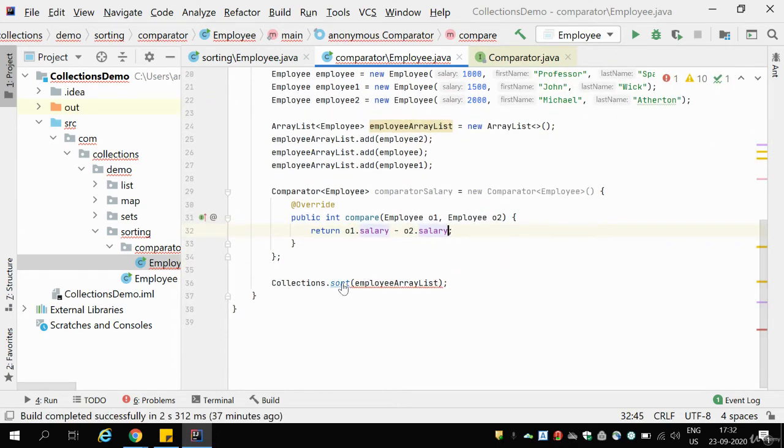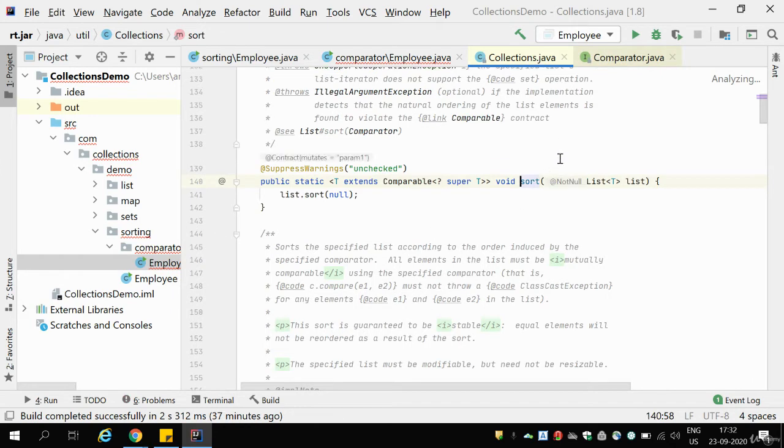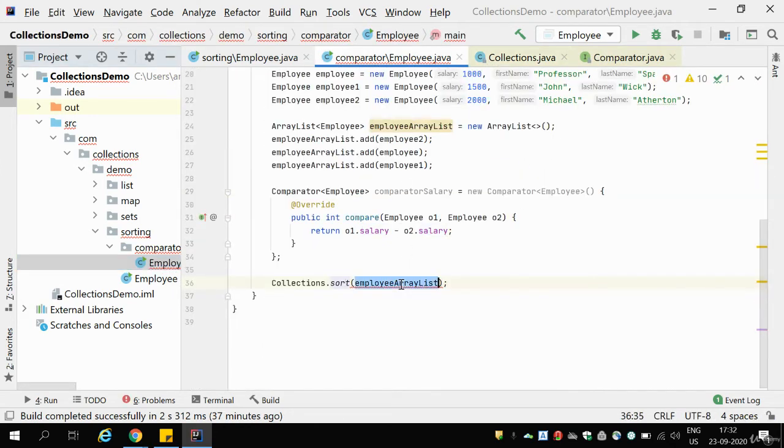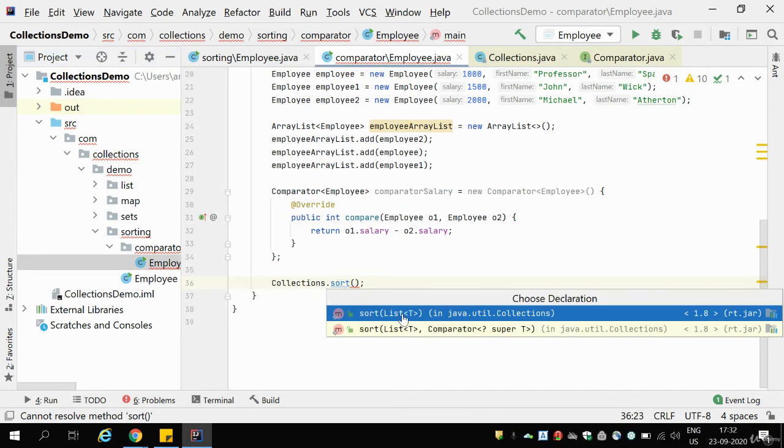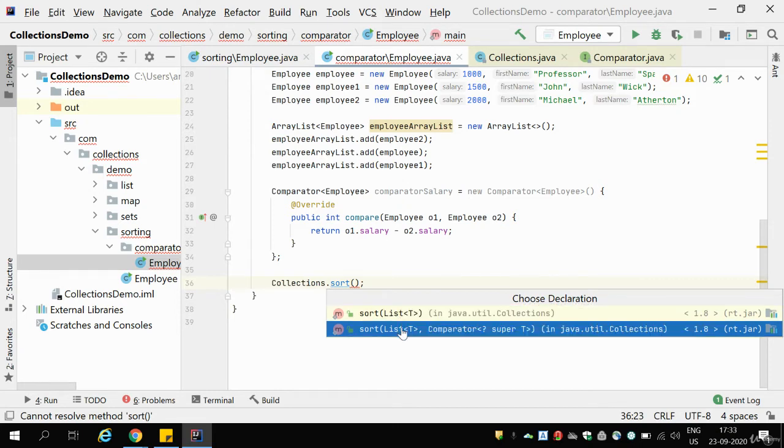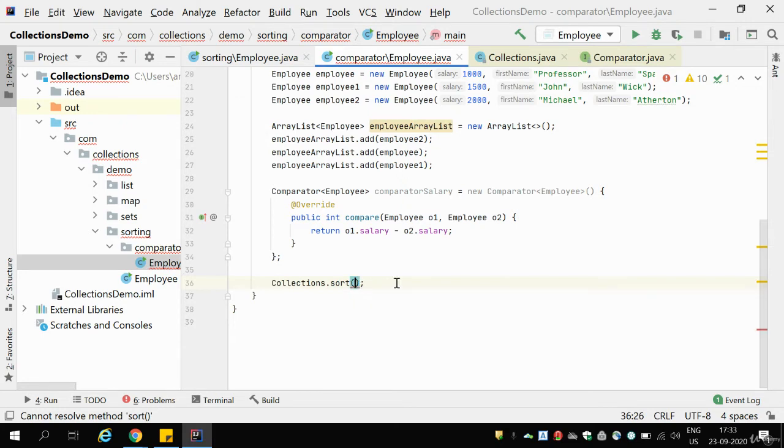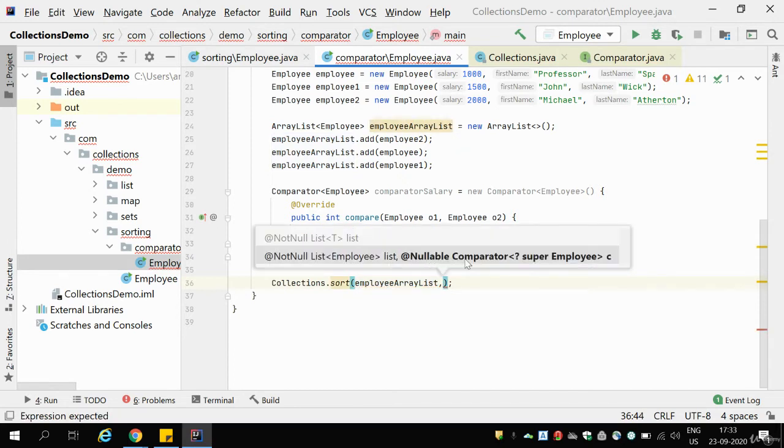And now if you notice the sort method, I'm going to remove this, and there are two sort methods inside the Collections class. The first one takes only a list parameter, but the second one takes the list as well as the comparator, right? So I'm going to pass this employee array list, and I'm going to pass the comparator